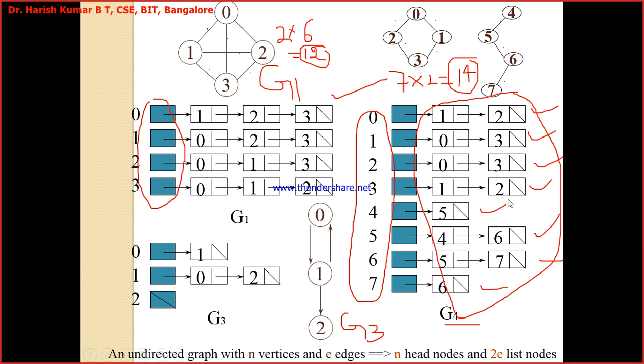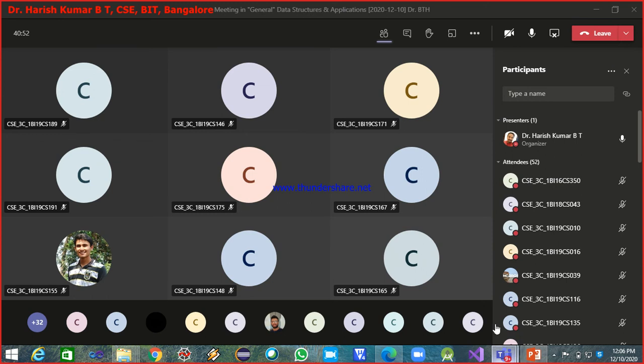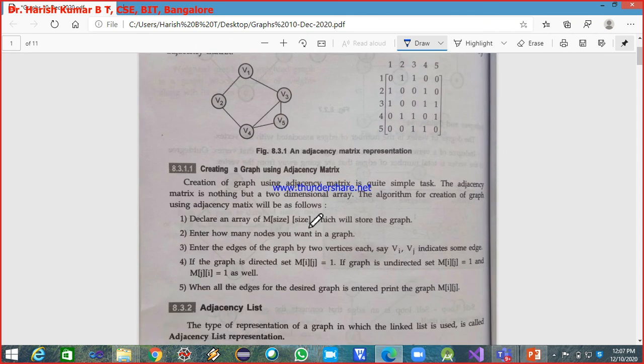Now I'll just shift from the PPT. I'll discard all these things and move to this one. This you have already understood, the adjacency matrix, how it is written. Wherever there is an edge from the vertex Vi to Vj, you mark it as 1, and if there is no edge from vertex Vi to Vj, you mark it as 0. This is the adjacency matrix you are seeing for this undirected graph.